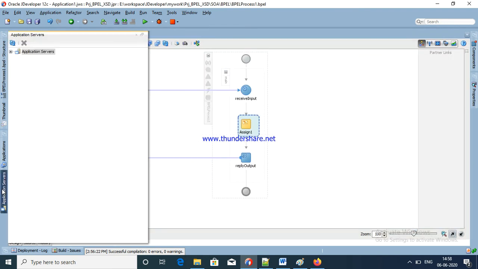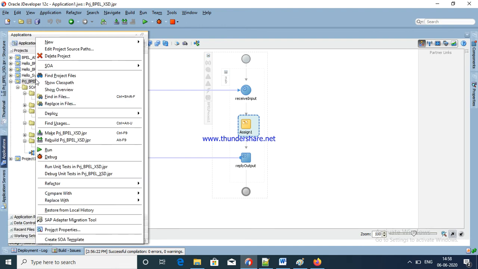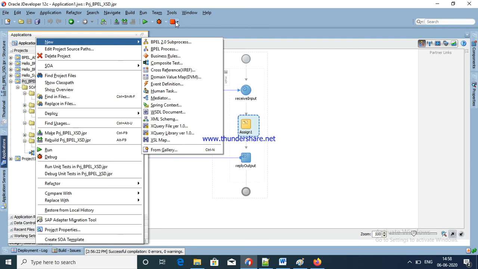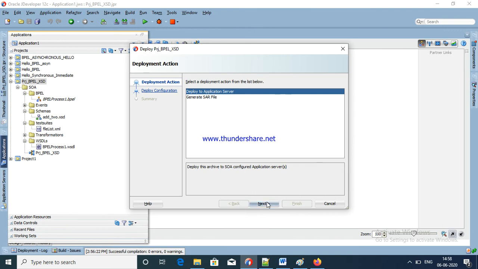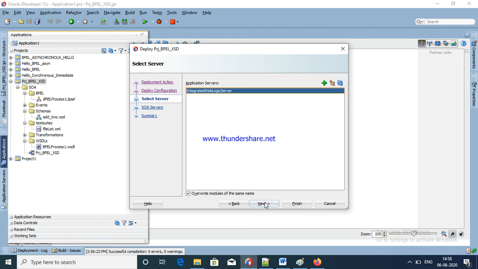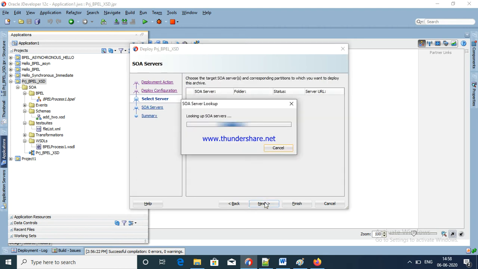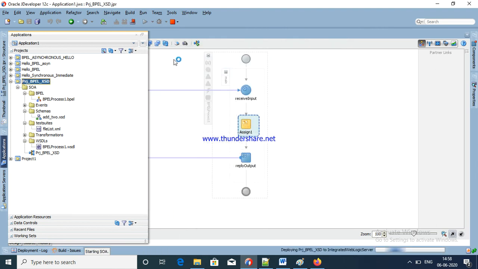Okay, now what I am going to do, I am going to deploy my project in SOA server. Already server is running. Just I am going to click here, deploy SOA project in default server. Now click finish.